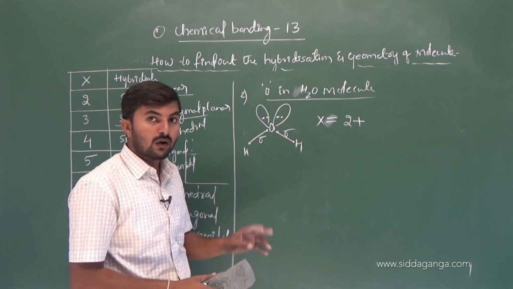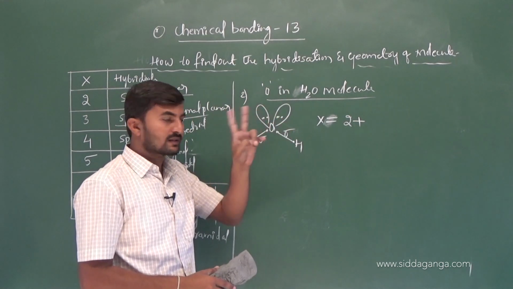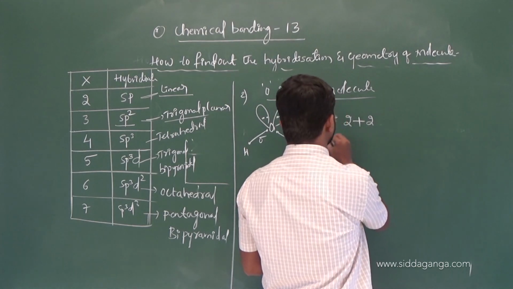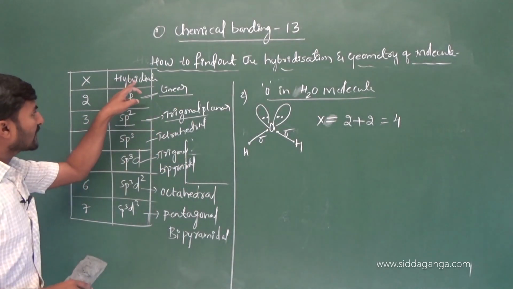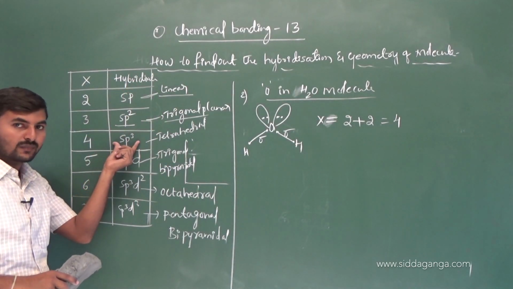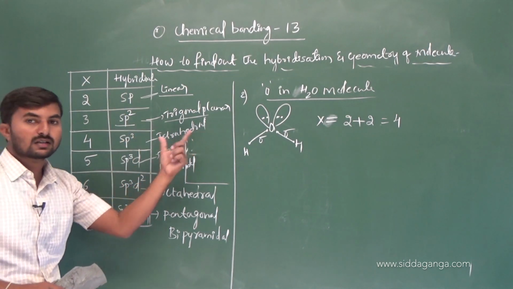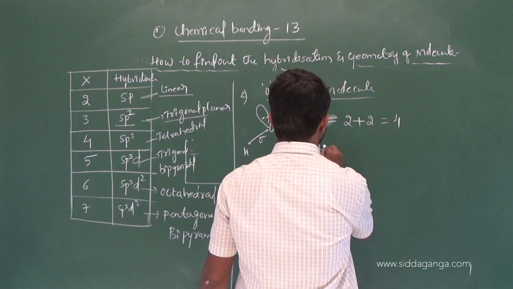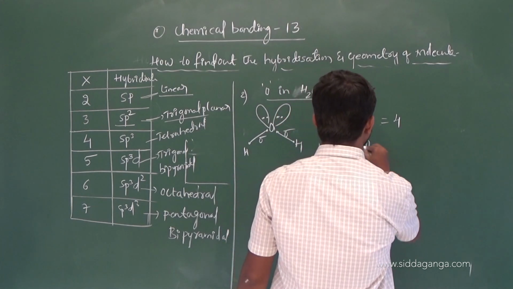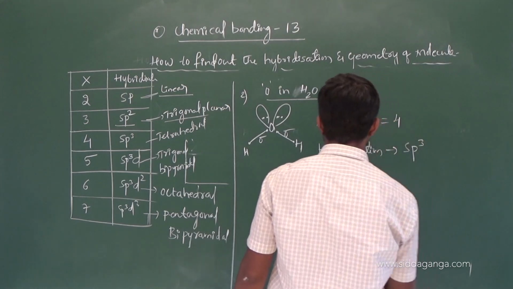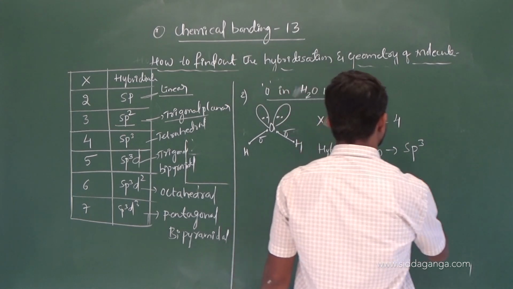the number of lone pairs. How many lone pairs of electrons are there here? 2 lone pairs. So the value of x becomes 4. If the value of x is 4, what about its hybridization? Its hybridization is sp3. If it exhibits sp3 hybridization, what about its geometry? Tetrahedral geometry. The hybridization of oxygen in the H2O molecule is sp3, and the geometry of the H2O molecule is tetrahedral in